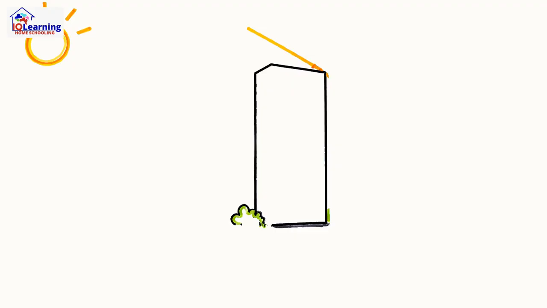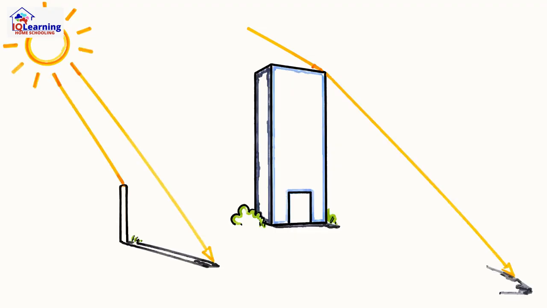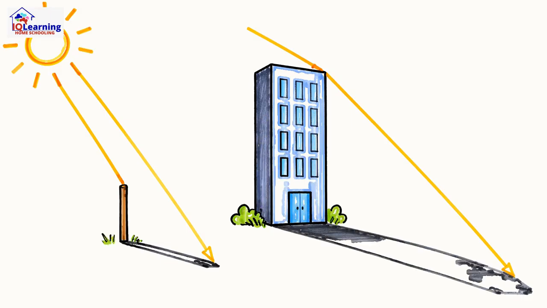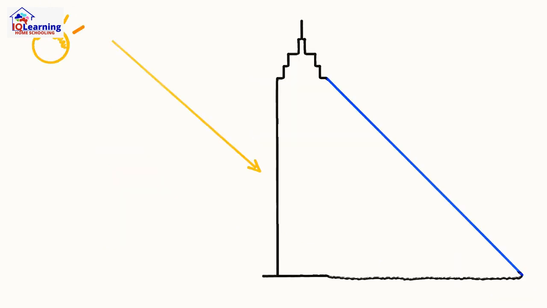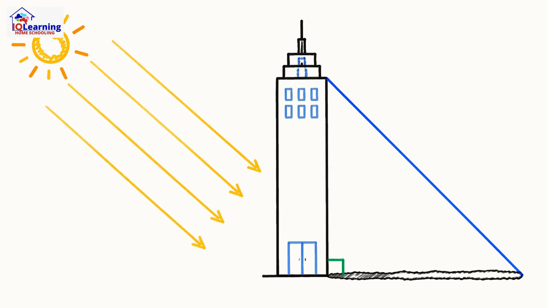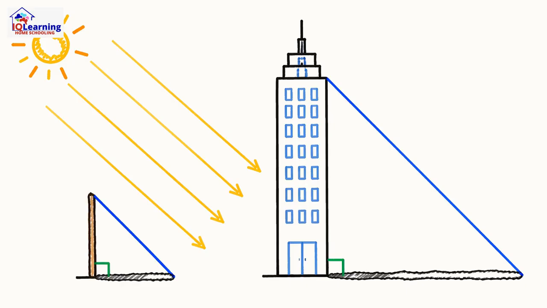The classic example is using shadows. Picture this. You plant a 1-meter stick in the ground and measure its shadow. Then you measure the shadow of a giant building nearby. Because the sun's rays are parallel, they create 2 similar triangles. One small one made by the stick and its shadow, and one huge one made by the building and its